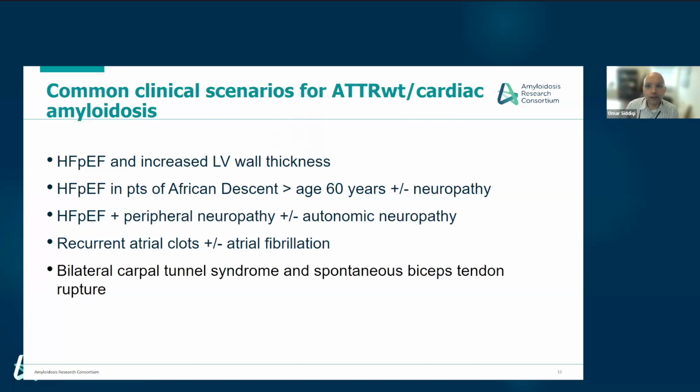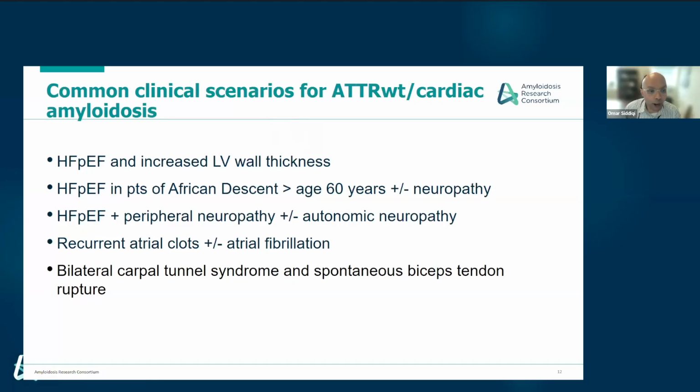And on echocardiogram, heart ultrasound, they have increased wall thickness without there being another reason for them to have increased wall thickness, like high blood pressure. In patients who are of African descent, we know that certain populations have a higher prevalence of gene mutation. So for example, in people of African descent, about 3 to 4% of that population may carry a genetic mutation known as V122I. And that predisposes them to amyloidosis, particularly as they get older, over the age of 60,